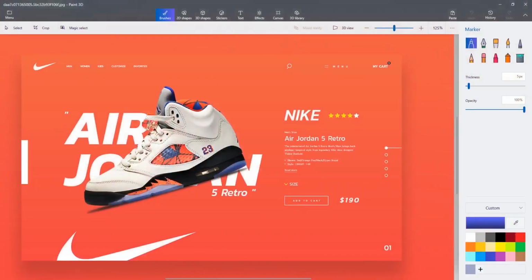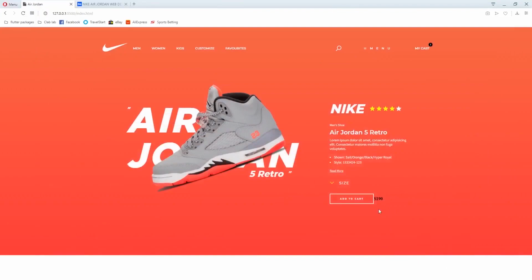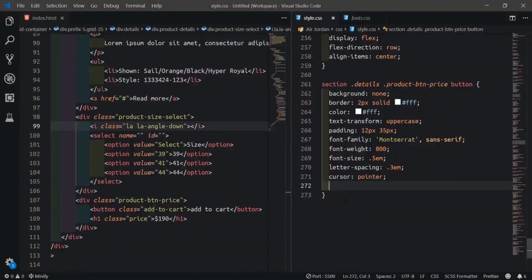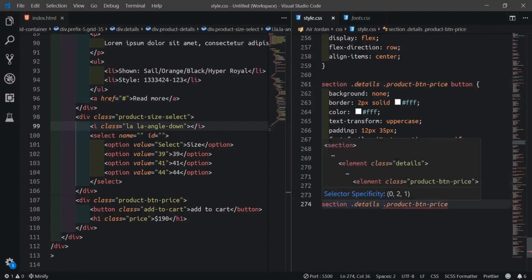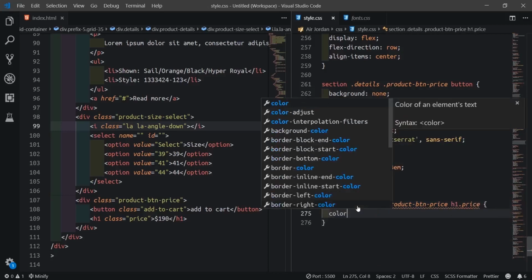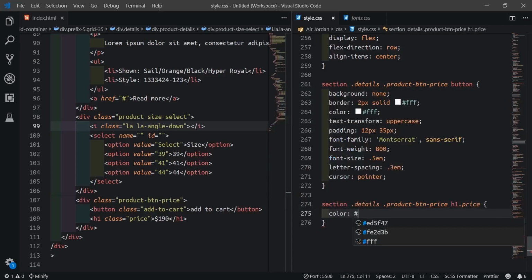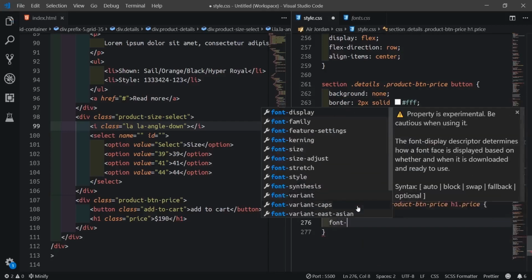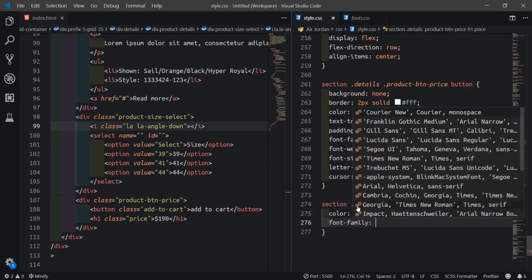it is similar. So now I'm gonna work on this price here. To work on the price now, I'll just copy this, then we'll come down, say h1.price. So we'll say the color should be #FFF, and the font family still on the Montserrat.